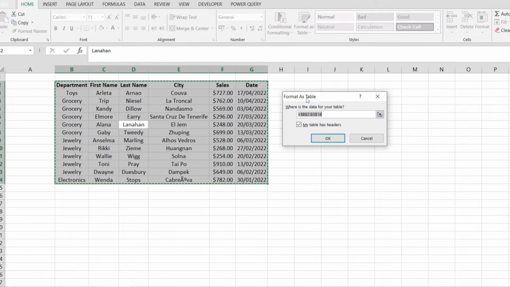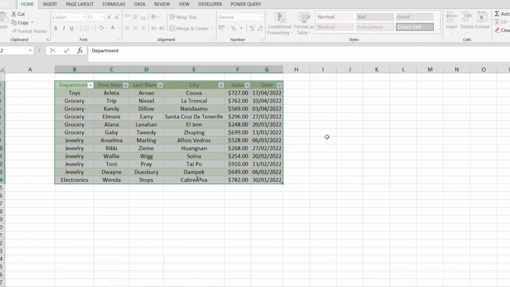Excel is going to show me this pop-up that will ask me if this is indeed my data and if my table has headers. This option is really important. You need to look at your table. Mine has headers. Each column that you see in here has this cell where it's describing the data that's underneath: department, first name, city, and so on. And in my case, I'm going to leave this as checked, and when I'm going to hit OK, my data